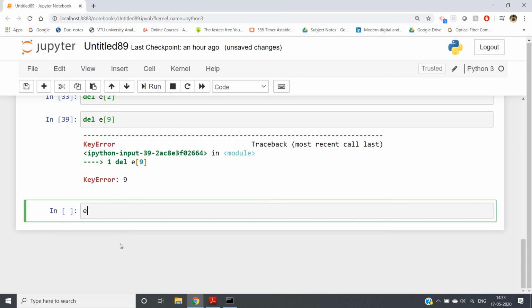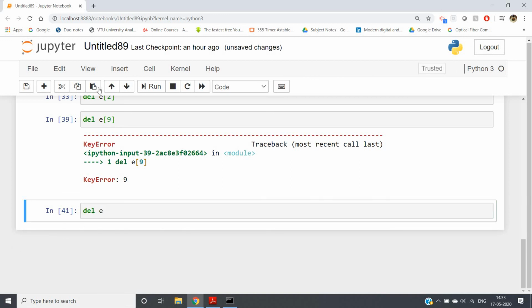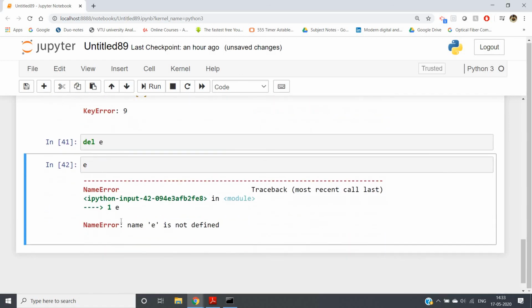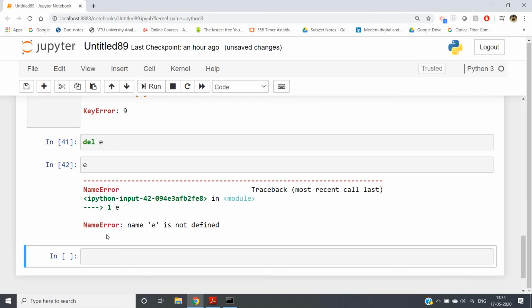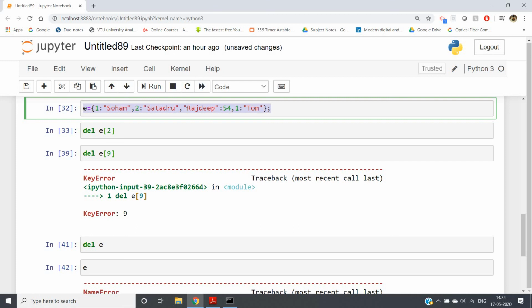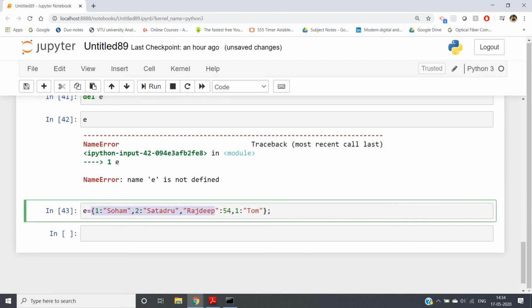If you want to remove the complete dictionary, see here E has this key value pair, you just need to write del E, and E will be completely removed. If you write E, there is no dictionary present, you will get a name error. But suppose you have this dictionary, let me copy and paste it here, and you want to clear it. You want to remove all the elements, but you don't want to remove the dictionary.